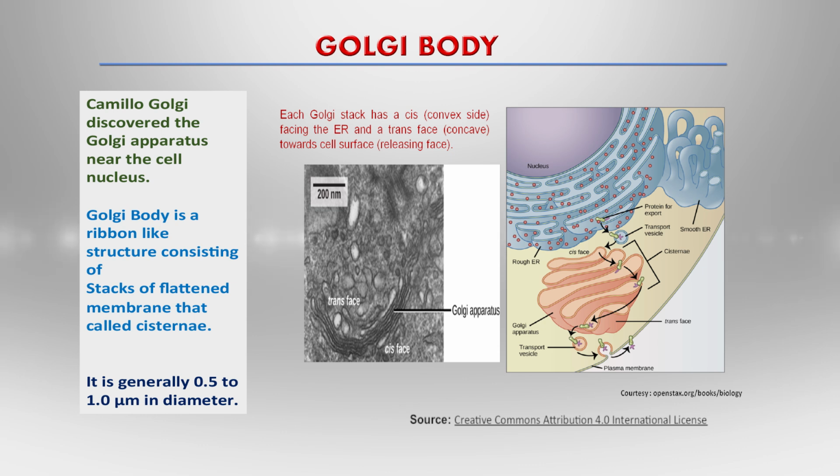into vesicles. The Golgi body is about 1 to 2.5 micrometers in diameter, and it has two faces, the cis face and the trans face. The cis face of the Golgi body connects to the rough endoplasmic reticulum surface, and the trans face is towards the plasma membrane of the cell. The Golgi body is mainly responsible for protein sorting and packaging. It acts like the protein processing unit of the cell, or we can say it is the post office of the cell,